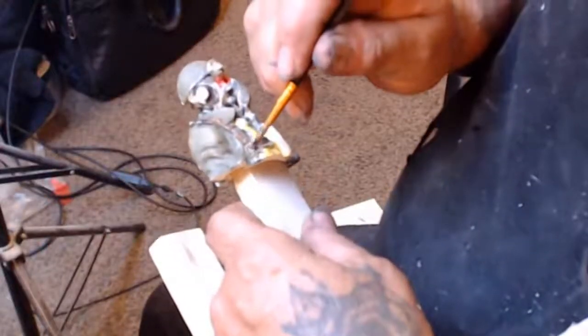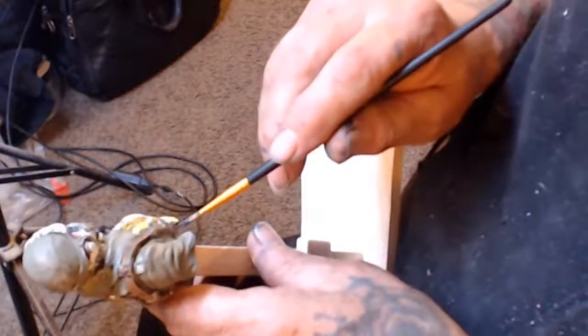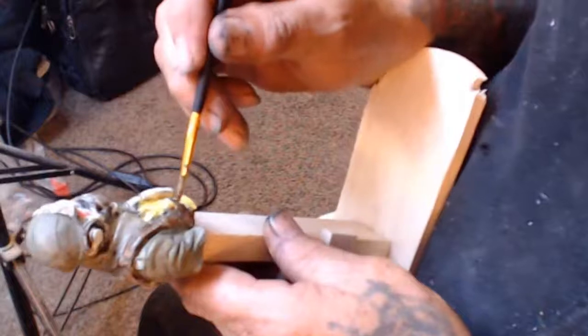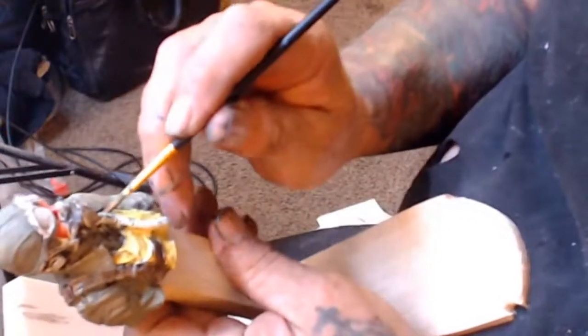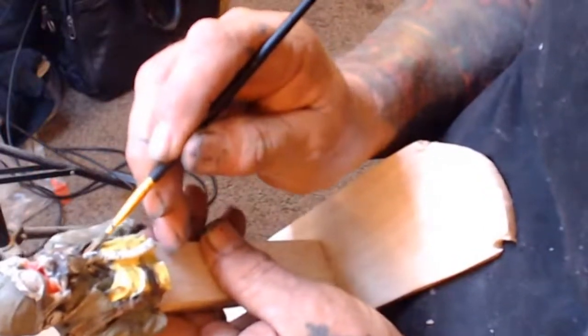I'm dipping the brush in brown and black because nothing in life is one color. It's always multiple colors. I need to get some gloss, some semi-gloss too for its base. Yeah, that's gonna take. Yellow is still kind of wet, so